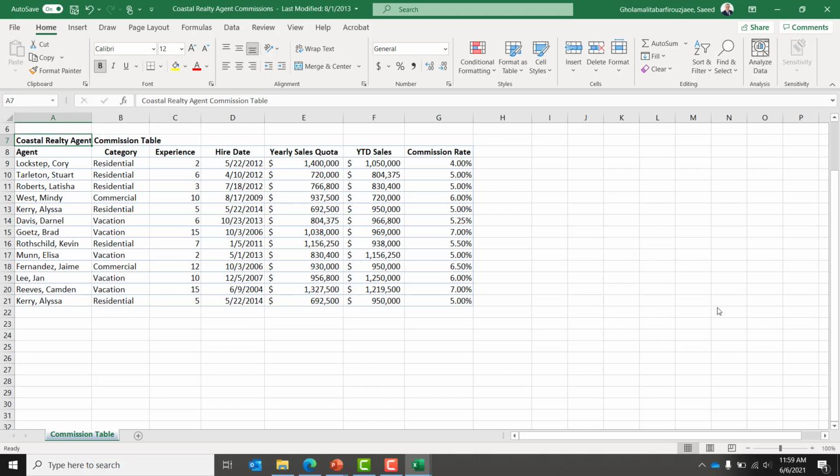So first I'm going to select all these cells and define it as the header of the table. I can use merge and center. The other way